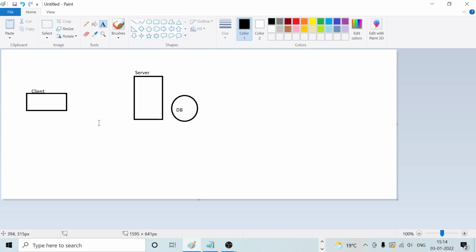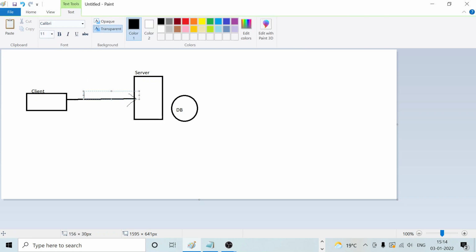So from the client it comes, something comes from the client side. One request message comes here. This is the request message coming from the client.